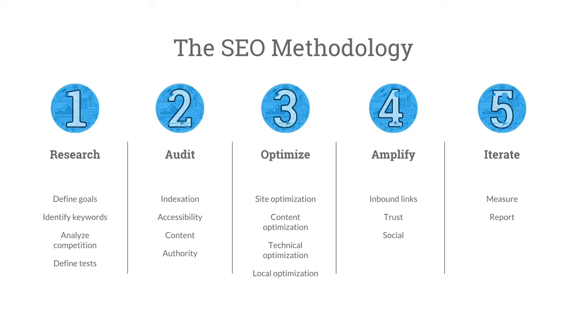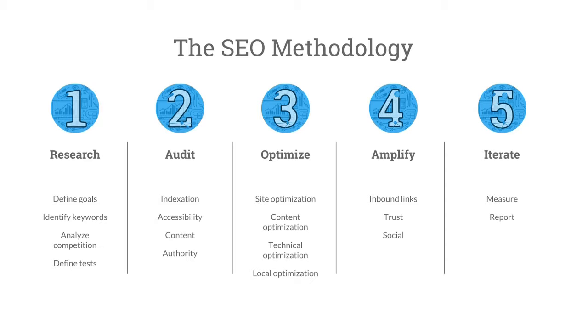target. There's often some competitive analysis that takes place here, and then because SEO, like most digital marketing activities, is an iterative process, you'll define some of the tests you want to run. So, for example, let's see if we change something on our site. Does it improve against the goal that we've defined? So you want to define those goals and then define the tests that are going to help prove out those